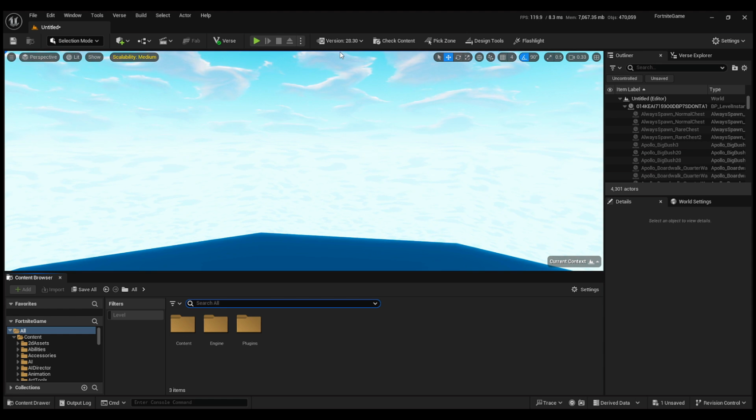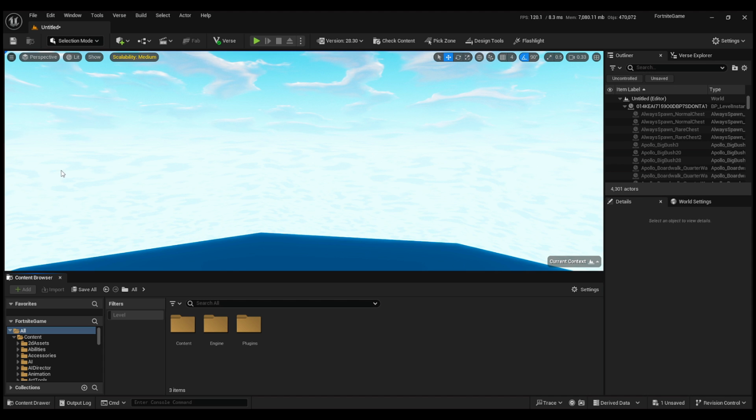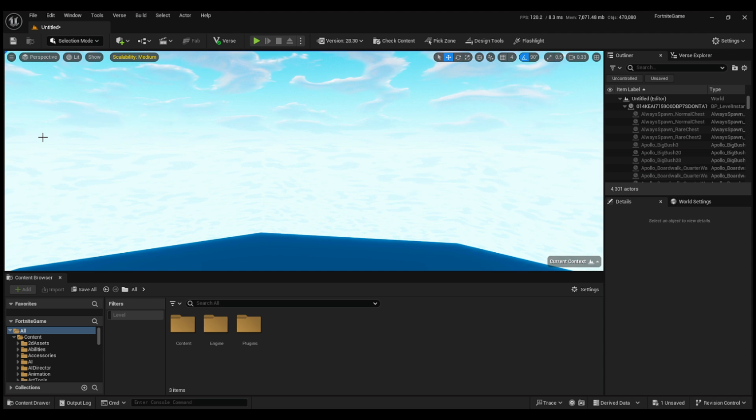We have the version 28.3, check content, zones, tools, flashlights, and then when you go on the three lines right here, you have all these things. Allow camera shakes, bookmarks, and all this stuff that we do not have in the original. But in today's video, I'm going to be showing you the Chapter 5 content that you can find within the